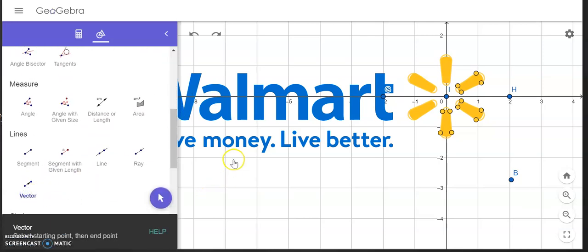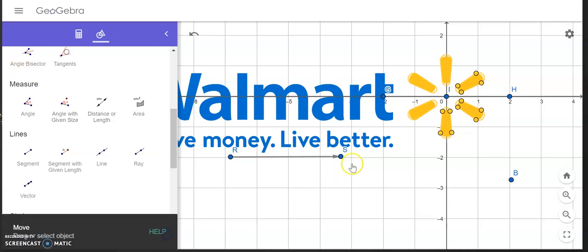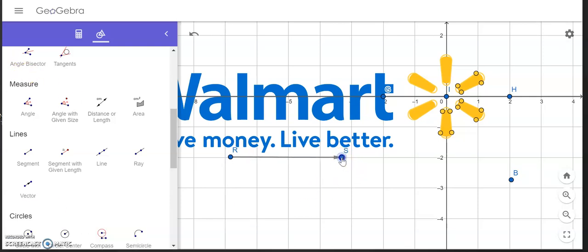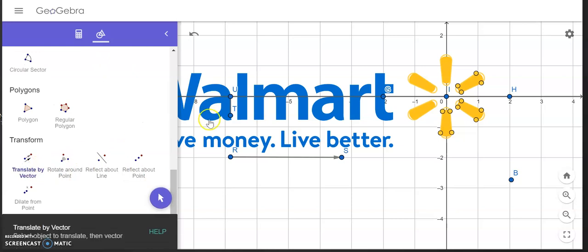Okay, and so that A is going to go from here to there. Okay, so I just want a straight horizontal there. And again, the segment is going to be here. So now I can translate this segment UT